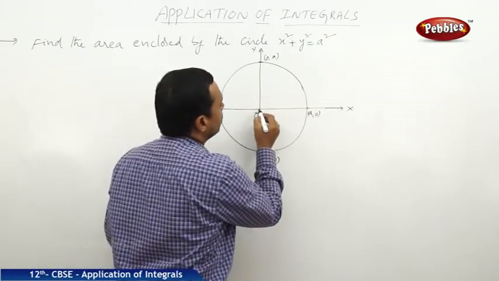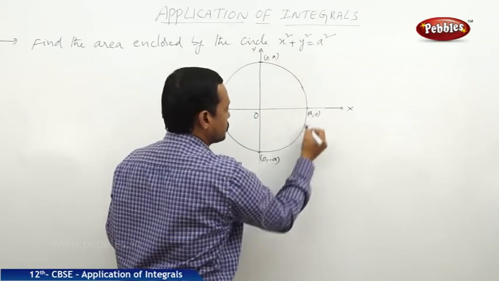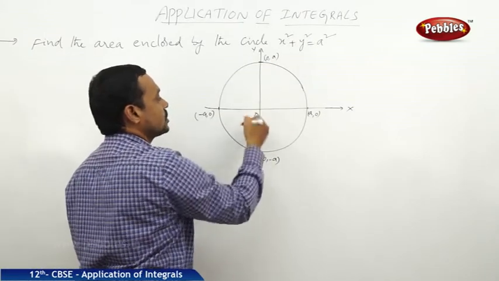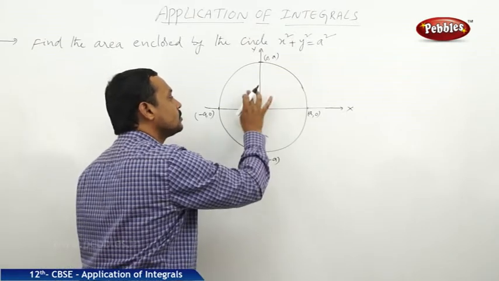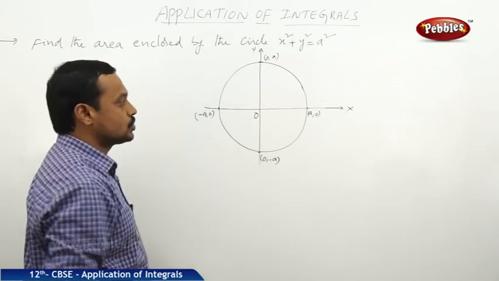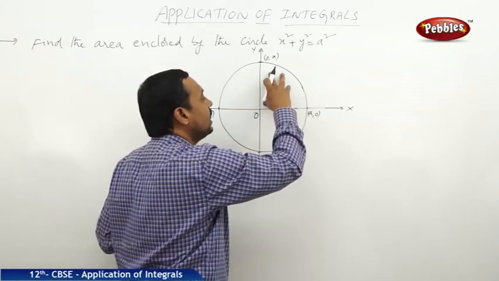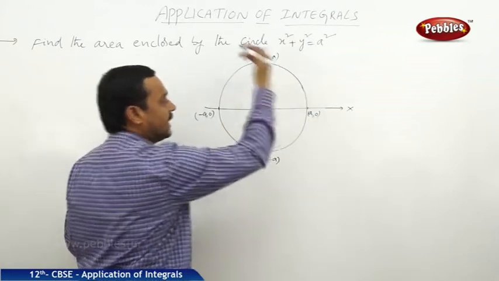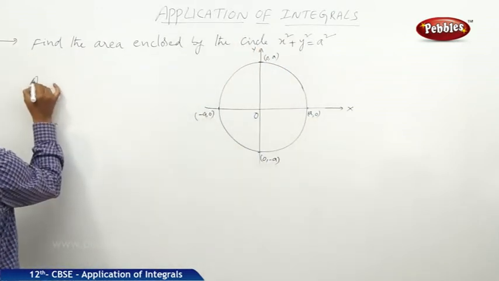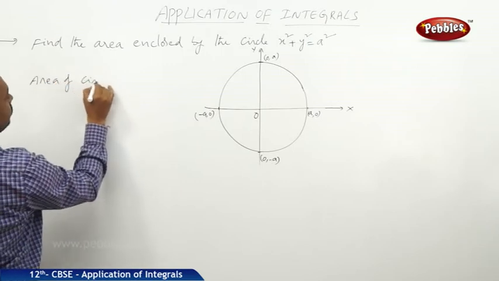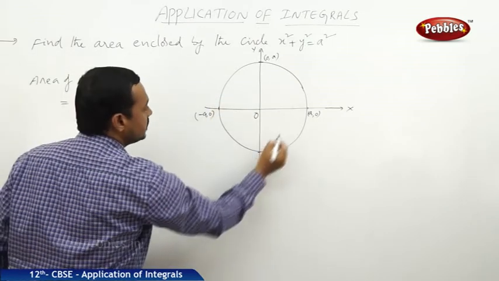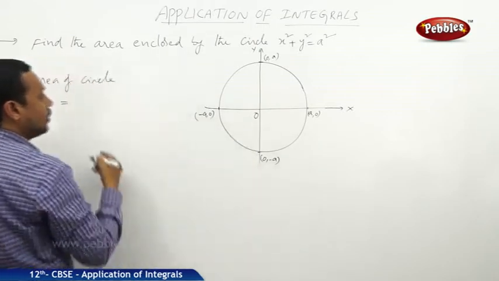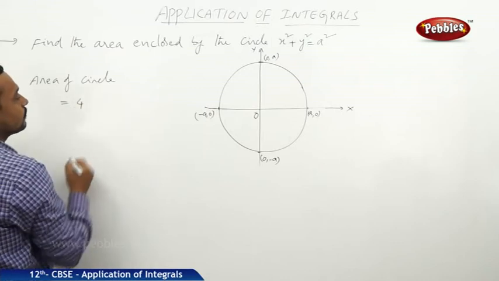So the portion above the x-axis is the same as below the x-axis, and with respect to the y-axis, these two portions are the same. So finally, these four portions give equal value, so we just find the area of one portion and multiply with 4, then it gives rise to the total area. Therefore, the area of the circle is equal to the sum of all these four portions, and since all these four portions are equal, we can write it as 4 times the